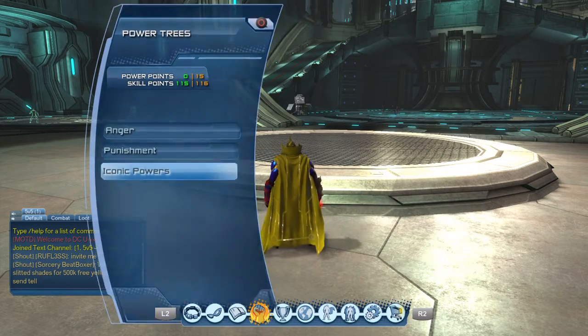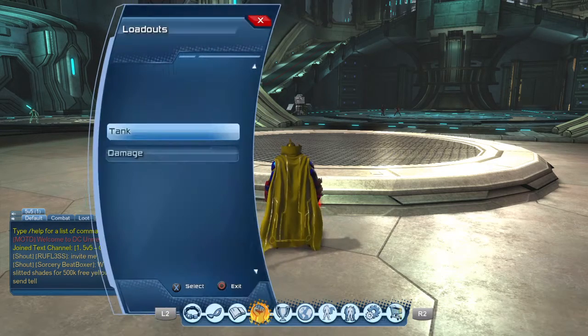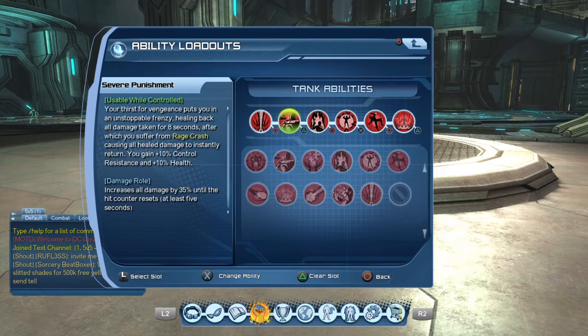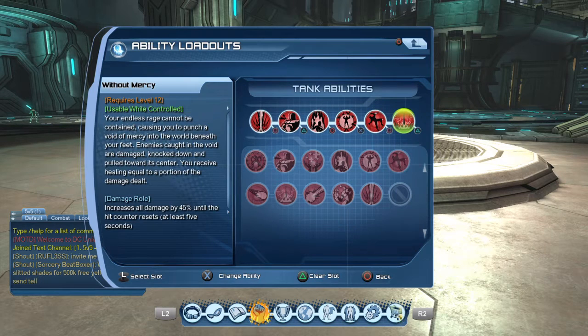As far as your skill points are concerned, you do want to focus your skill points on dominance and health, because that is what will help the tank the most. And you don't have to worry about weapon mastery here, because you will not be using your weapon pretty much at all. So for the actual loadout, going to tank: Eviscerating Chain, Severe Punishment, Ferocity, Redirected Rage, Rage Bringer, and